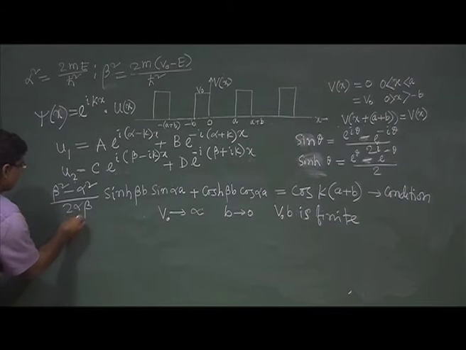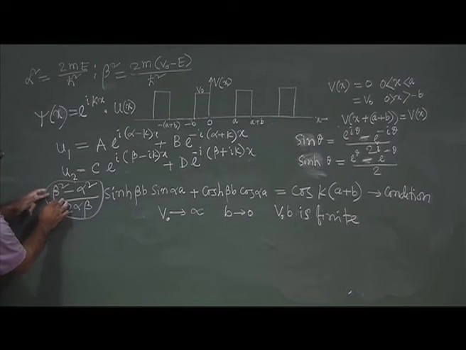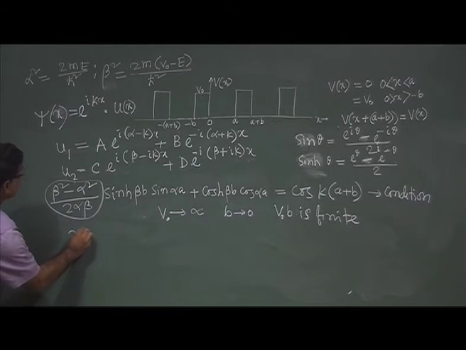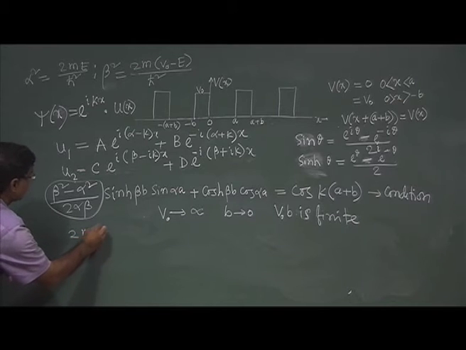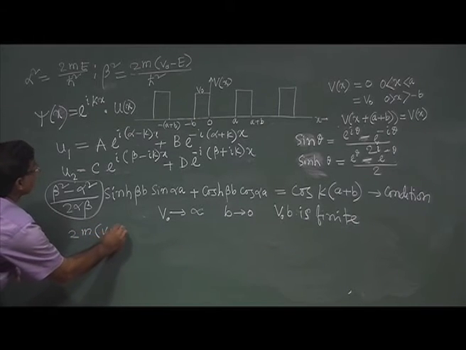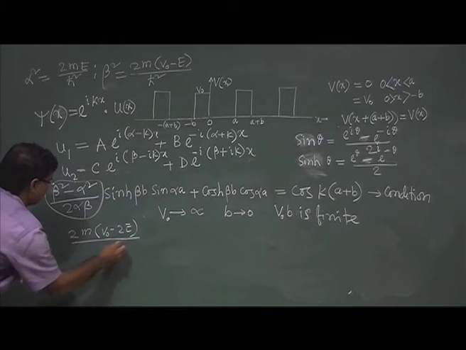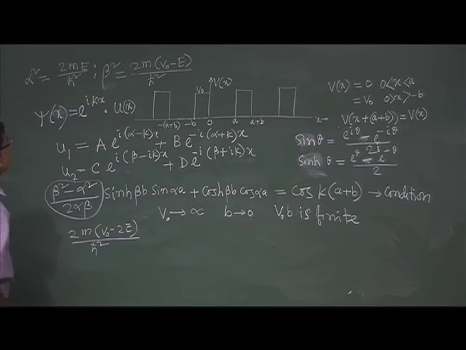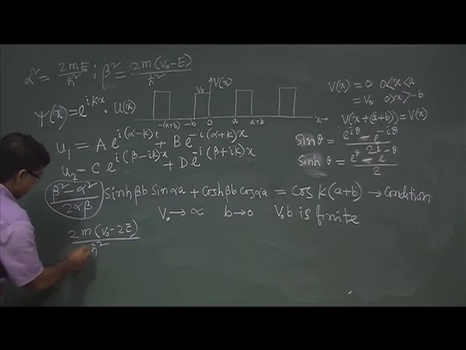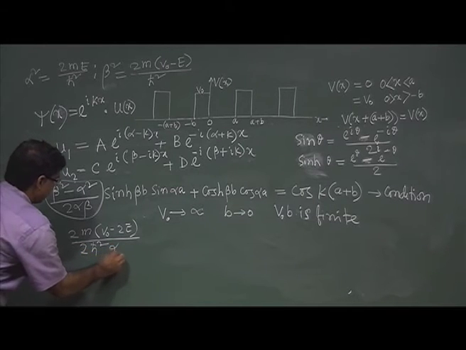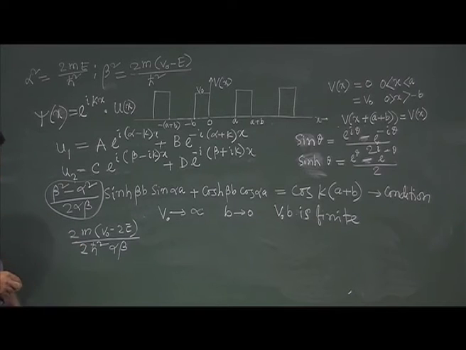From this term we will get beta square minus alpha, so 2m(V0 minus 2e) divided by h cross square, right. And then we have 2 alpha and beta. So, basically these 2 we can remove, and